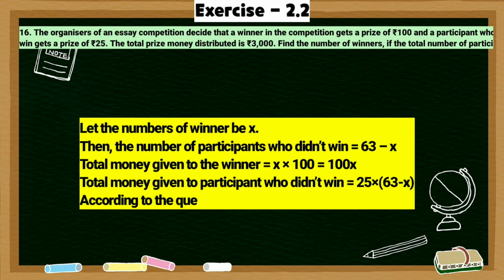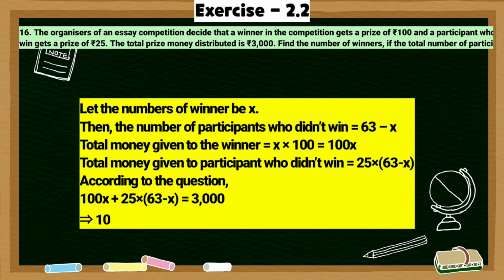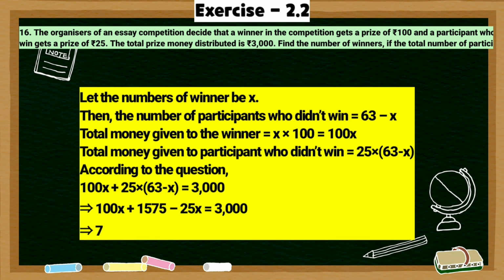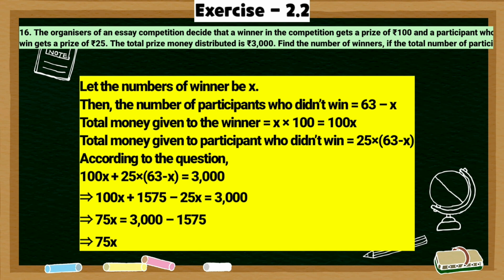According to the question, 100x plus 25 into 63 minus x is equal to 3000. So using the distributive property, 100x plus 1575 minus 25x is equal to 3000. Now 100x minus 25x is 75x, which is equal to 3000 minus 1575. So we get 75x is equal to